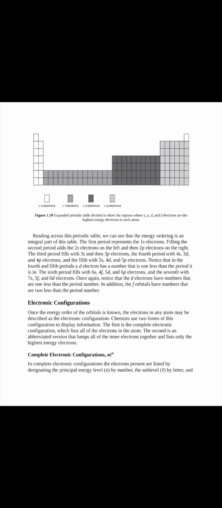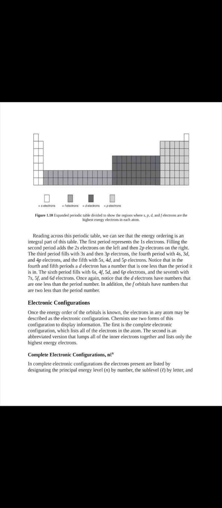The first period represents the 1s electrons. Filling the second period adds the 2s electrons on the left and then the 2p electrons on the right. The third period fills with 3s and then 3p electrons, the fourth period with 4s, 3d, and 4p electrons, and the fifth with 5s, 4d, and 5p electrons. Notice that in the fourth and fifth periods, a d electron has a number that is one less than the